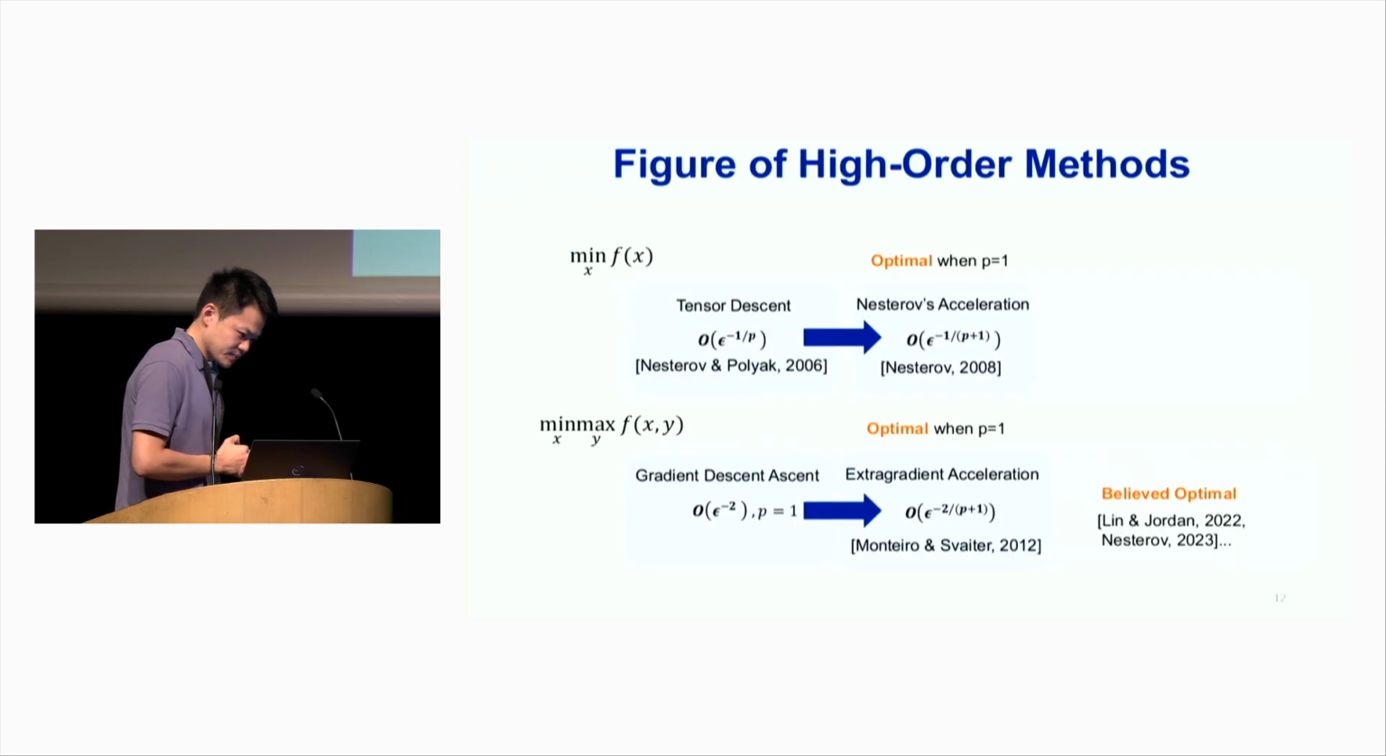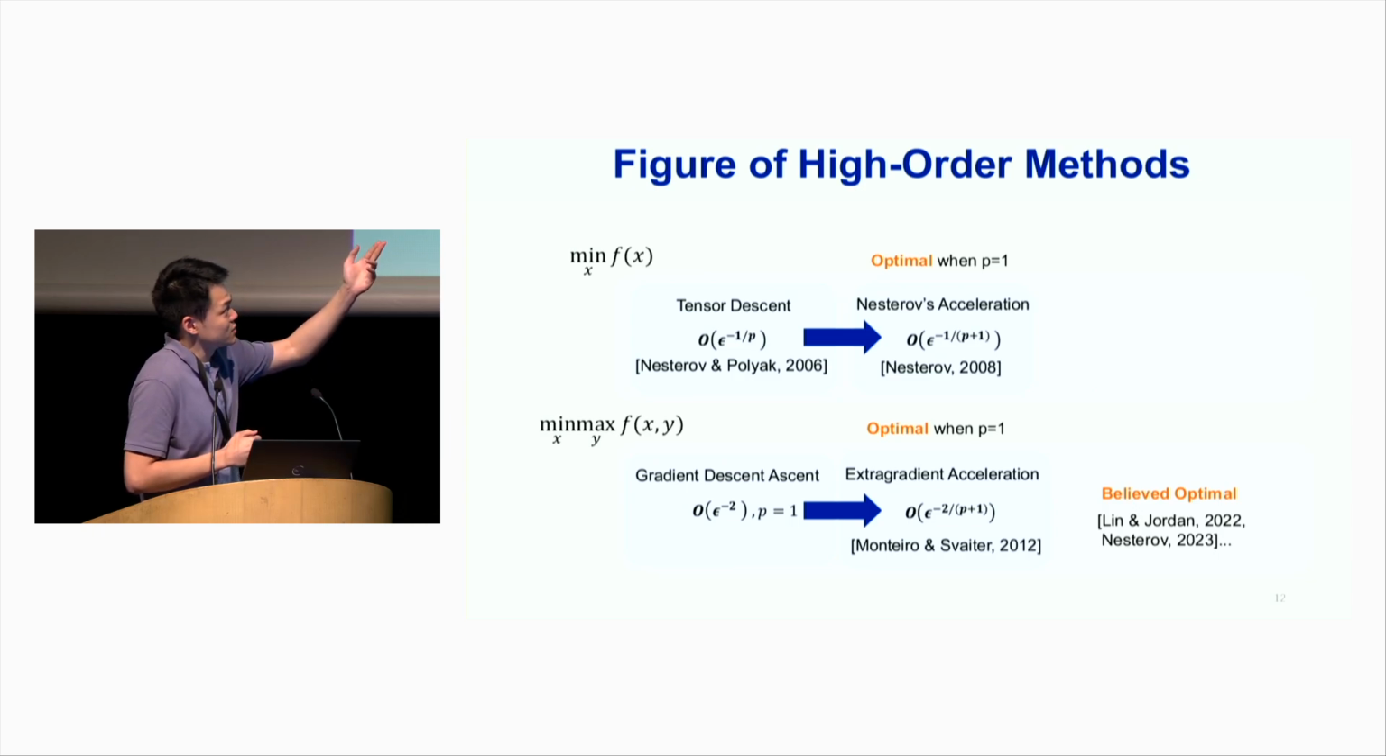So for first order optimization, everything is clear. When p equals 1, we know what the optimal algorithm is. But when p is larger, if we run Nesterov's acceleration on tensor descent, we get this kind of rate, epsilon to the negative 1 over p plus 1. This was once